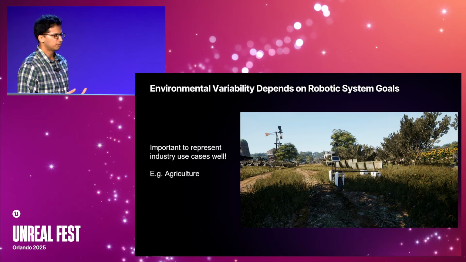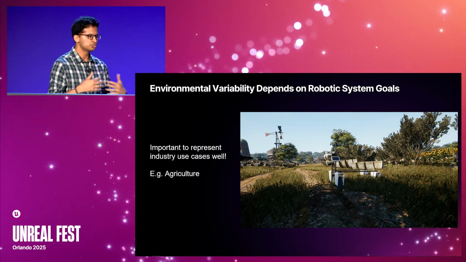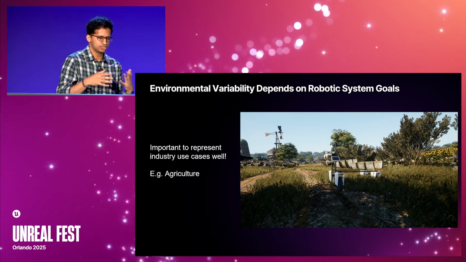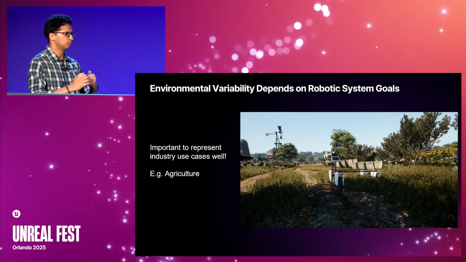But when you're thinking about agriculture, people have these needs of being able to spawn procedural sections of certain crops, and you would want to maybe vary things like spacing or how many plants you want and what the height of those things are. Maybe they evolve over time so you can actually simulate the behavior of the robot with different stages of your plant's growth. So it's a huge ball game in itself, right? So there are things like that that would really have to be factored in when you're developing environments.